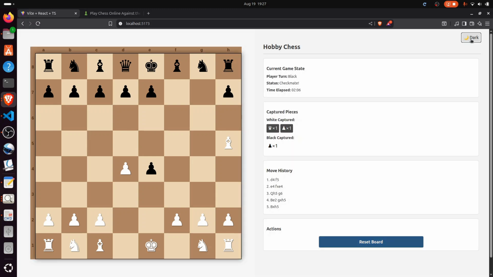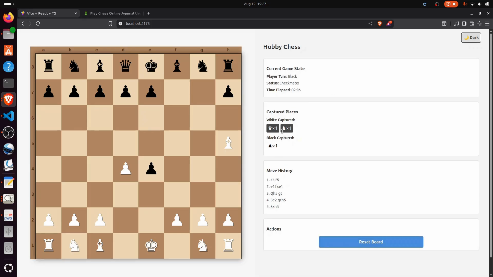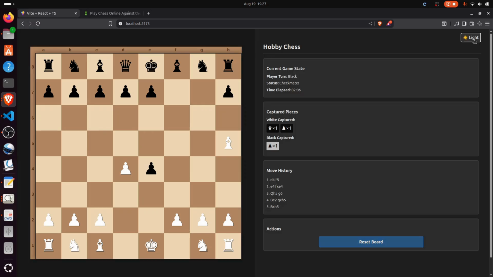So you can toggle between the modes, and you will see that the display of the pieces is not unintuitive. So it all looks and works as we expect it to. So yeah, that looks good. Now we will have to